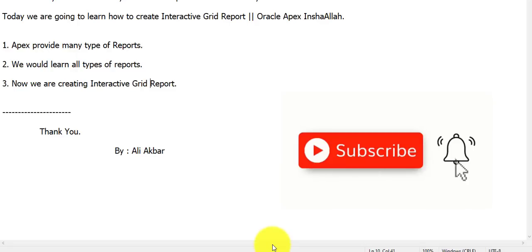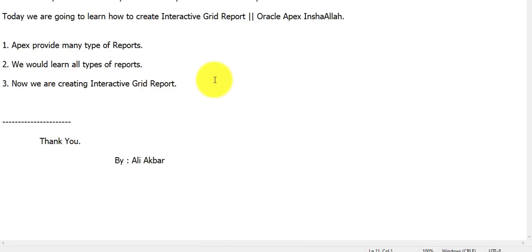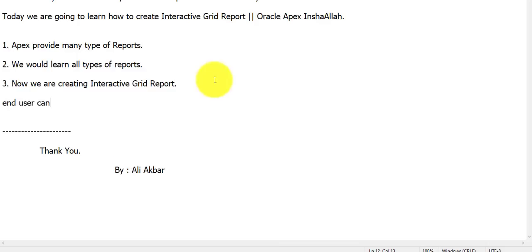The basic difference between interactive grid and interactive report is that in an interactive grid, the user can update, insert, or delete records from the report.